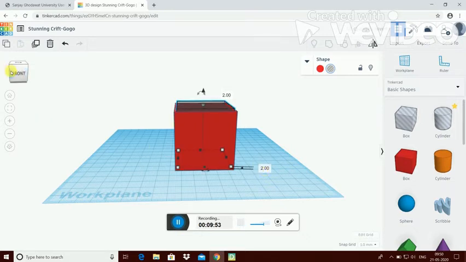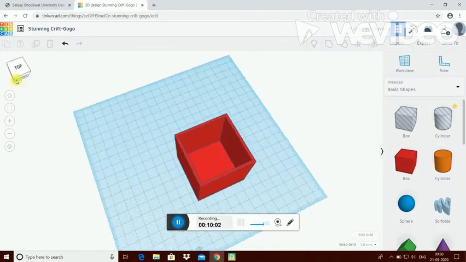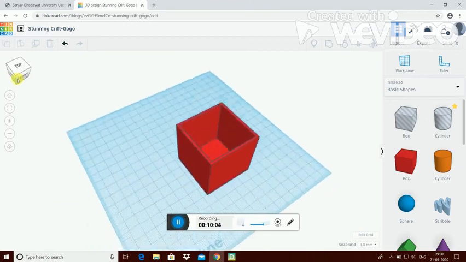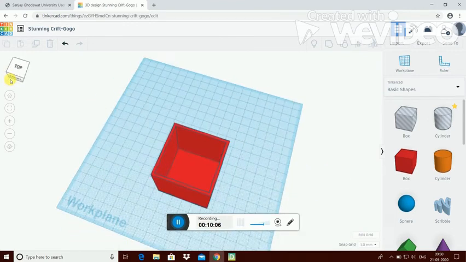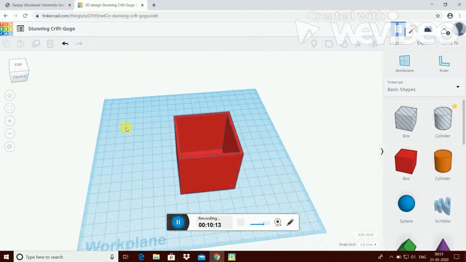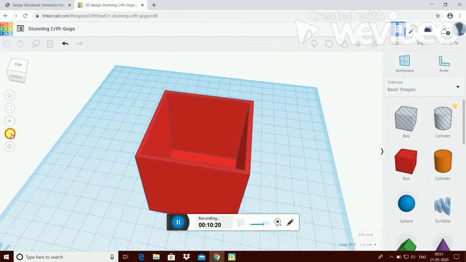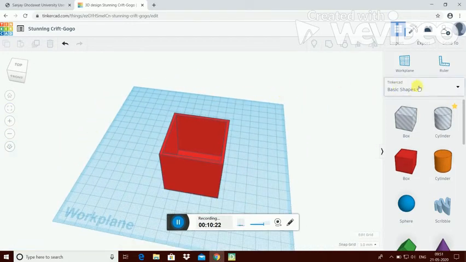Now you group, and just check. Group. Understood? It's a box now, or container. Easily we can put some stationery, screws, nuts, screwdrivers, spanners and all inside the box. Understood what is the use of home plane, fixed view plane, zoom in, zoom out. Okay, then some basic shapes, dummy work plane I will tell you later.